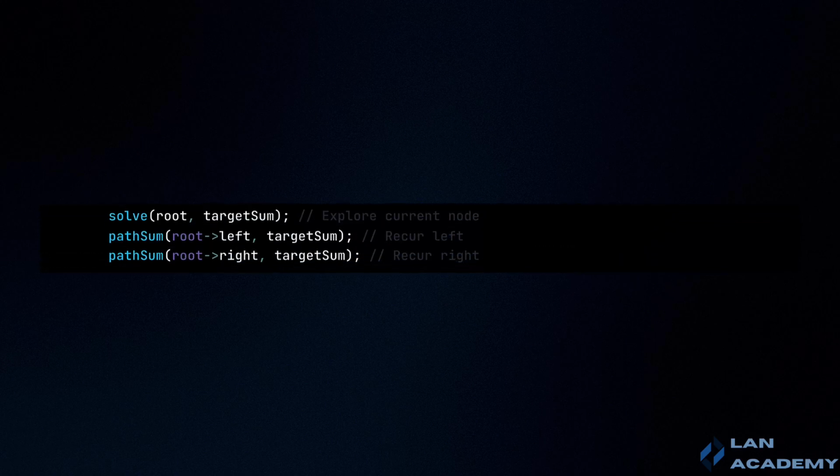Next, the solve function is called on the root of the tree to search for paths with a sum equal to target sum. After processing the root, path sum is called recursively on the left and right children of the root to ensure that the entire tree is explored. This recursive call ensures that we consider all possible paths starting from each node in the tree, not just those